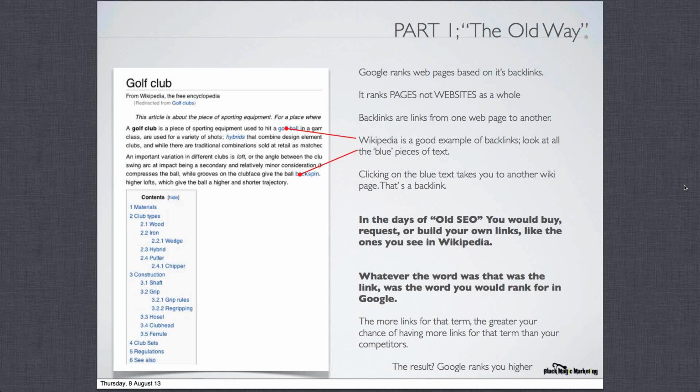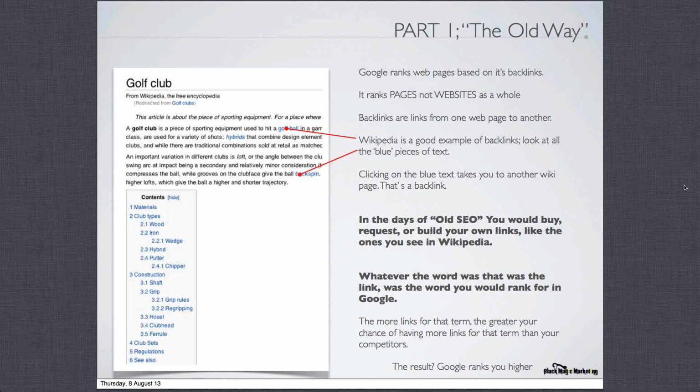But if they were to link to another website about a golf ball, maybe about a Titleist golf ball or something, that's a backlink. So clicking on that text will not only take you to another page, but when Google is spidering, looking at the entire web in code, as it does, it will see that blue, we see it as blue, it sees it as an HTML link, and it follows that to its destination website,